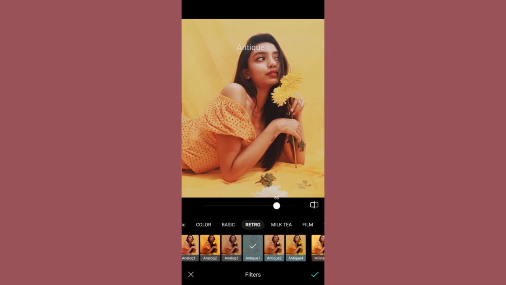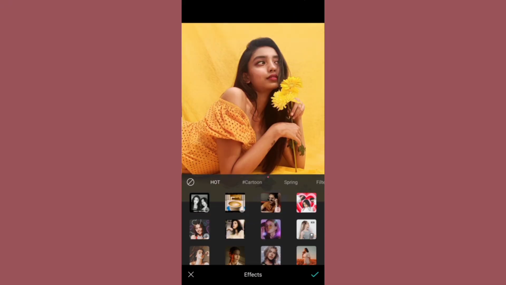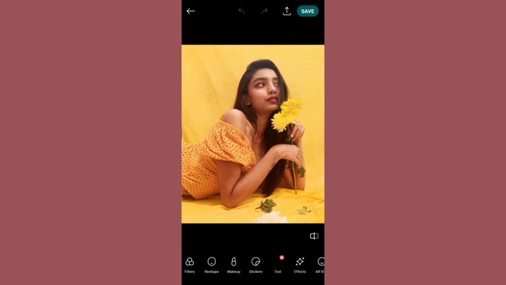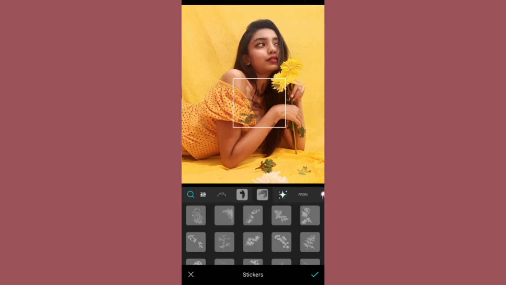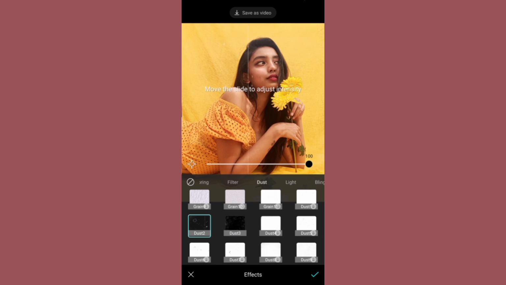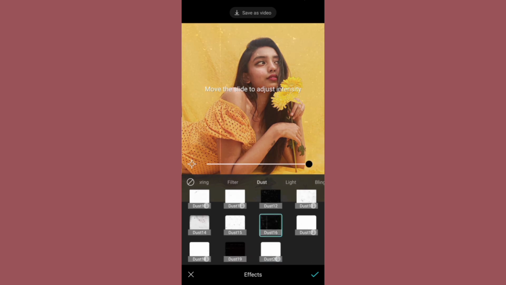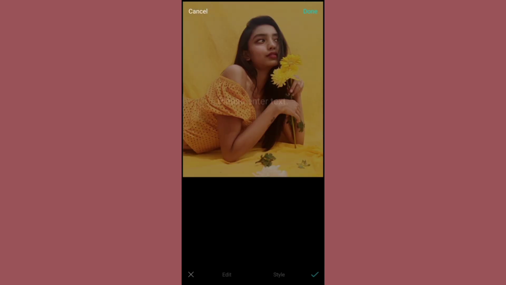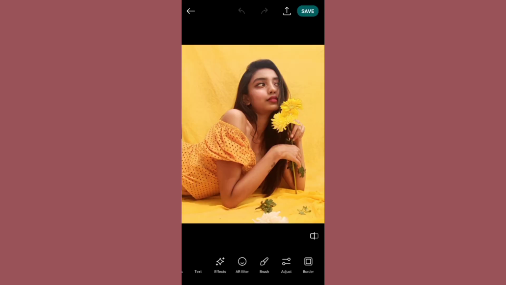In this app you will find plenty of features like so many good filters, aesthetic, dreamy, retro filters and effects also, and a lot of stickers for free. Everything is free here. You can add blinks, you can add texts and so much more.